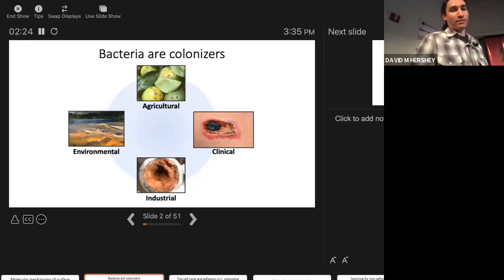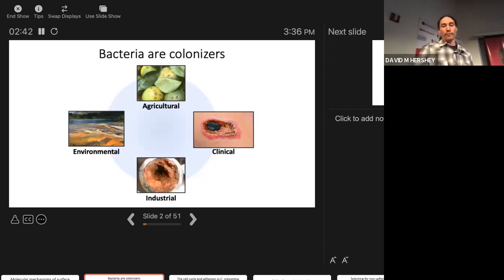These cells have different behavior. They're resistant to antibiotics and phages. If you look at them under the microscope, they look different. They grow differently than cells growing in liquid. And so the theme of what my lab works on is trying to understand how bacterial cells achieve this surface